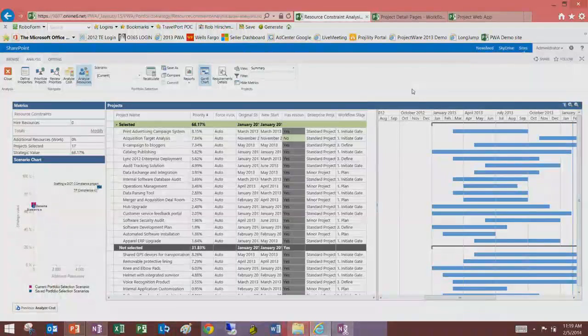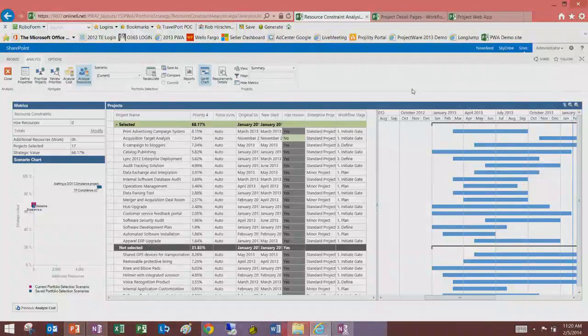In this scenario, in order to get the most value we can get from this portfolio, even though I have the money to afford it, is about 68 or 69%. Because I'm actually losing value down here, I can't deliver on certain projects here because I can't staff them. So this is a purely resource-centric view of our portfolio right now. So we're looking at a subset of our projects. It's saying